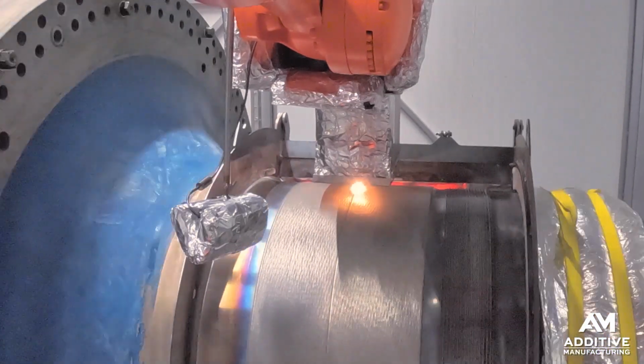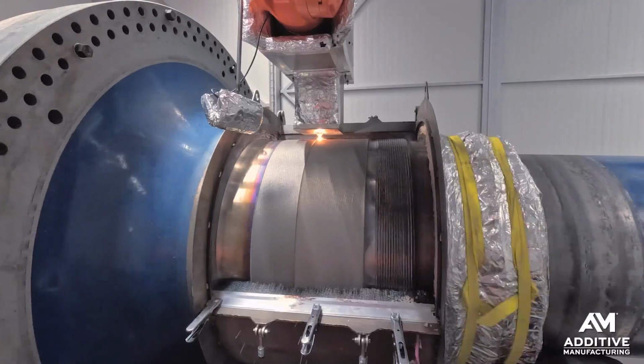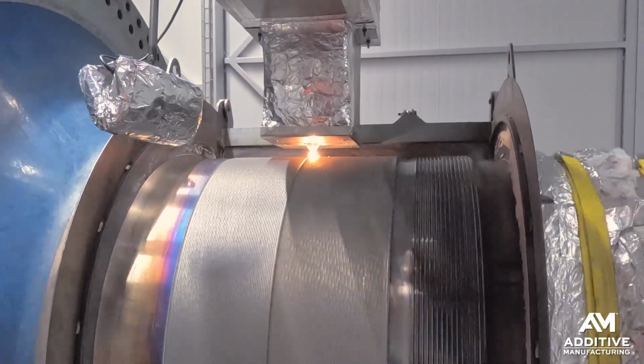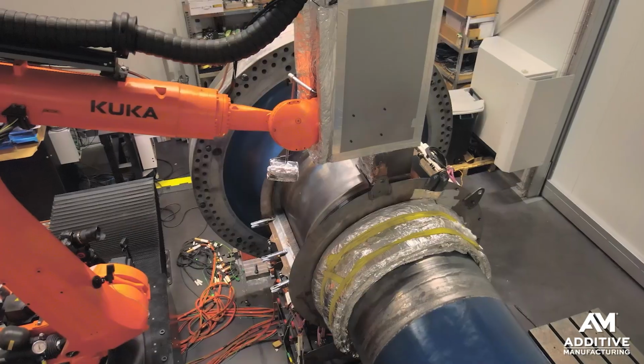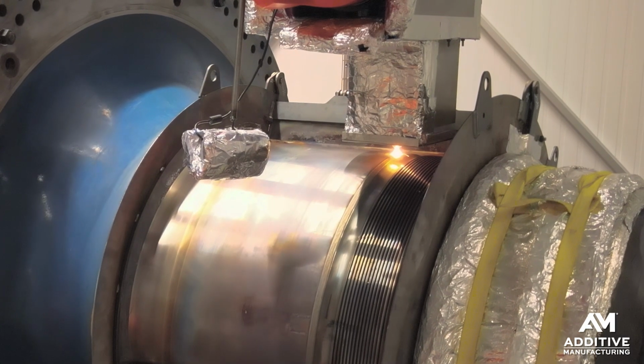The intent is for this deposition system to run 24/7. It's a repair process, but it needs to be a production process too, repairing shaft after shaft. The flow rate of material in deposition is about 25 grams per minute. So how do you maintain that material flow, that controlled rate of material flow, across what could be a pretty